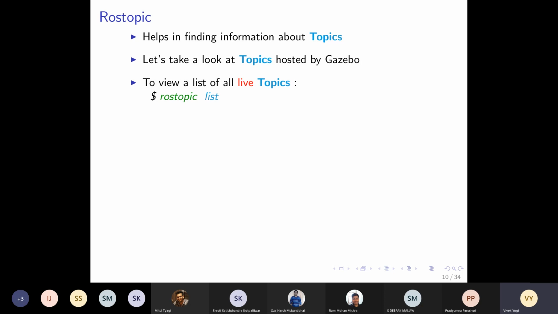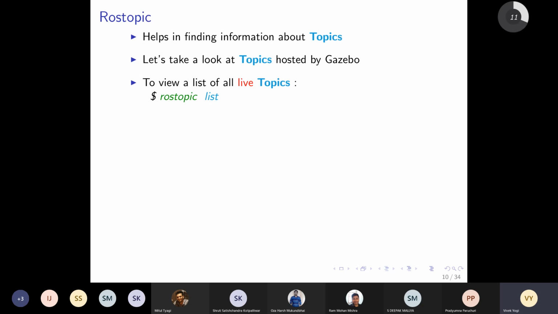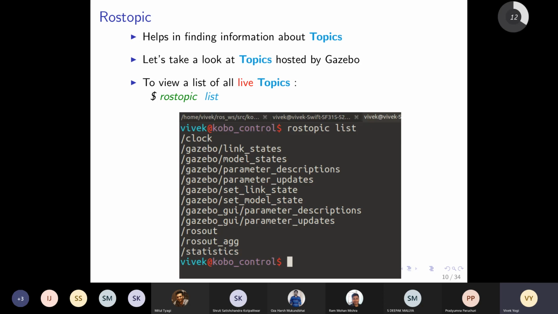So we are going to use this tool called rostopic. So this rostopic allows us to inquire about topics, and we will see what that means through this example. When we run Gazebo, when we had this window open, something was running, right? roscore was running, Gazebo was running, but in the background, what were the topics? Does Gazebo also give us some topics? Yeah, we can see that with the help of this command called rostopic list. So our first command, today's first command, is rostopic list. That is new. Okay, so when we do that, we will get a list of all the topics that are running.